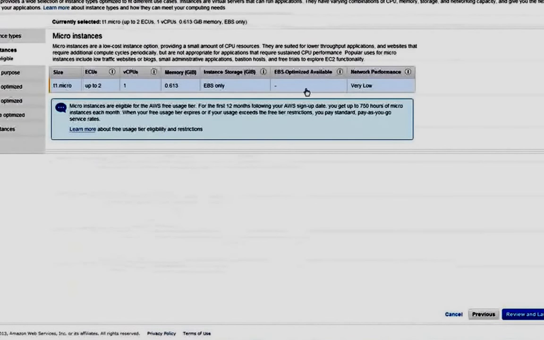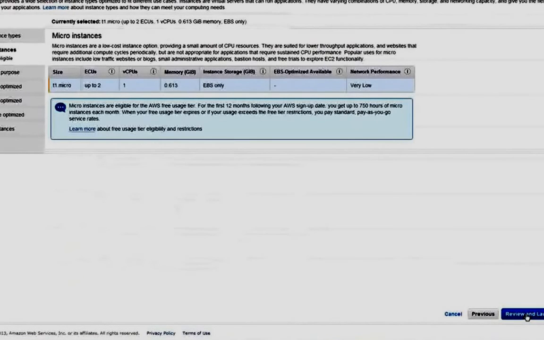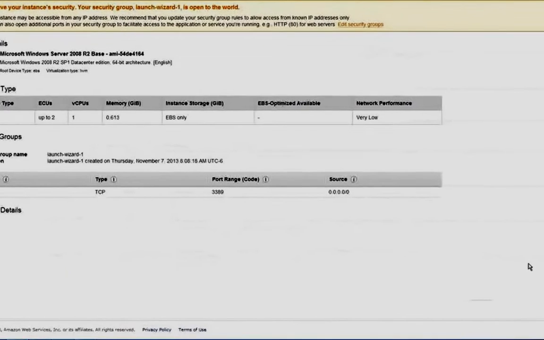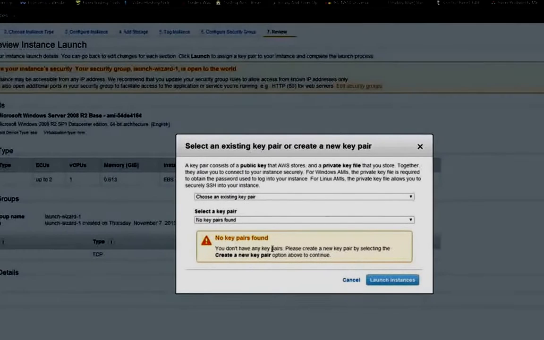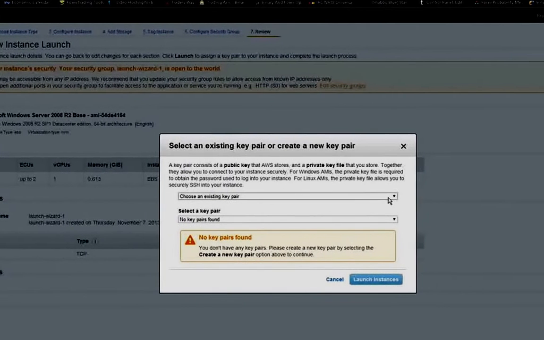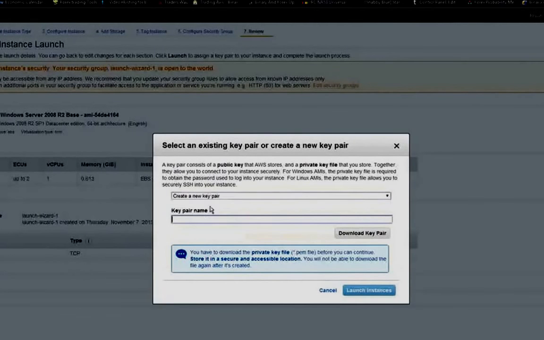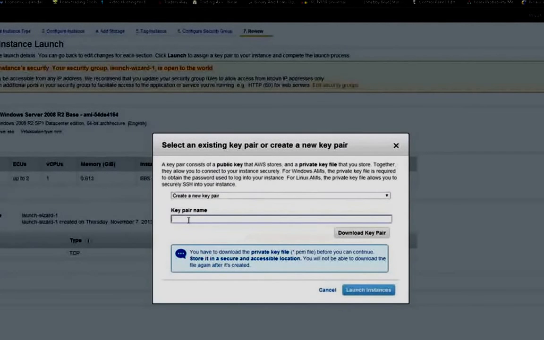Here, you can ignore all this. We're going to go to review and launch. And again, you can ignore it all. Just click launch. Okay, so choose an existing key pair, none found. So we want to go to create a new key pair, and for the key pair name we are going to go with free MT4